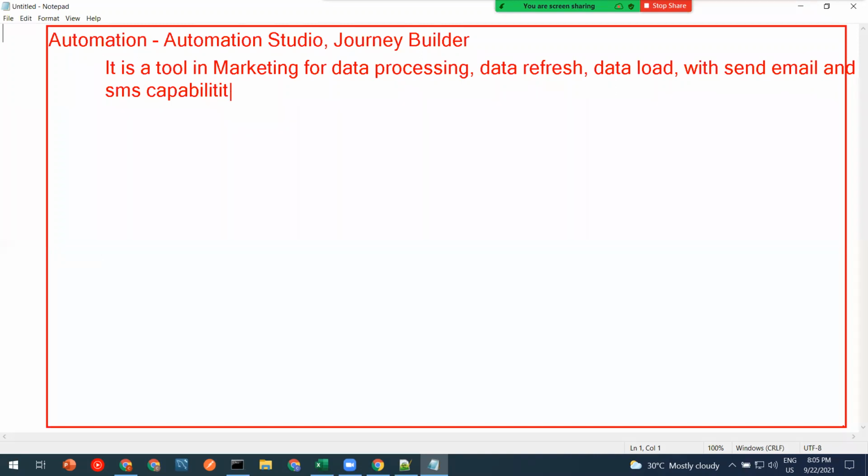I'm very weak in this spelling. So this is how I define Automation Studio.